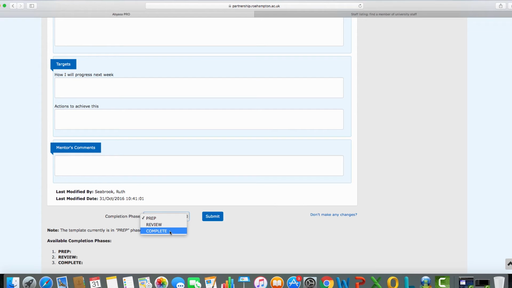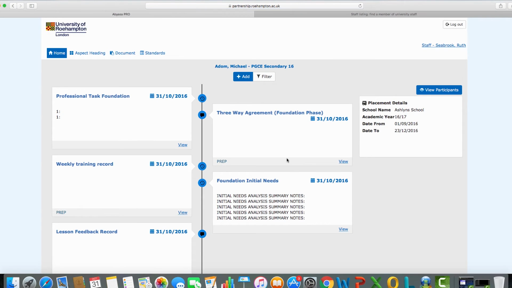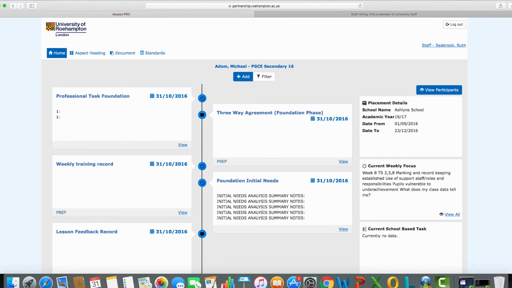Please don't put anything into complete unless you are absolutely sure that nothing else needs to be added to that, because once it's been uploaded to the background of Abyasa, it's very difficult to then be able to change it. So we go back out of that and onto the main screen, and you can see that we have a